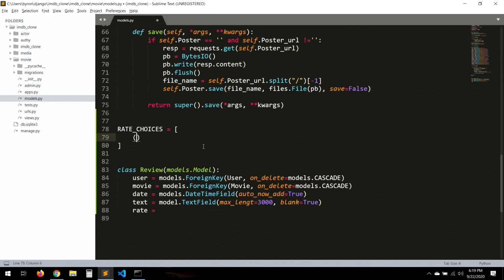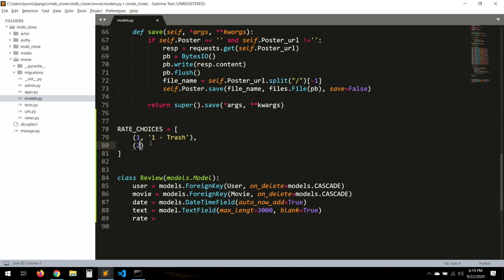The first field is the value, an integer from 1 to 10. So 1 will be represented by trash, right? That's for the number 1 value. The second will be horrible,